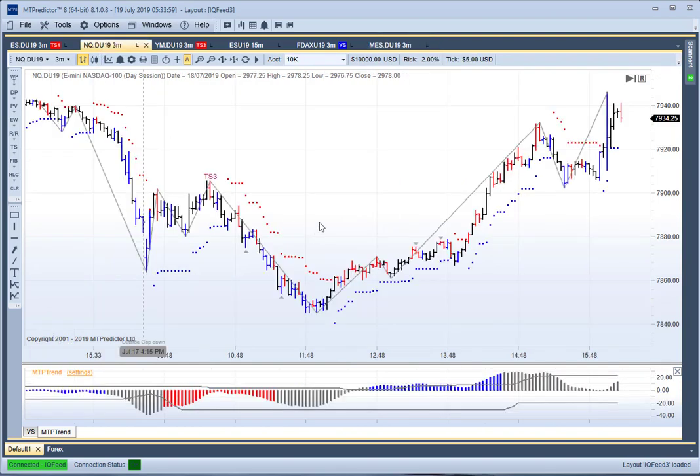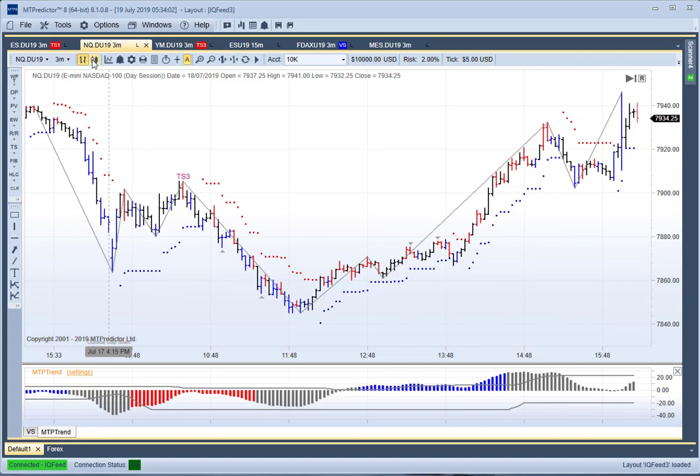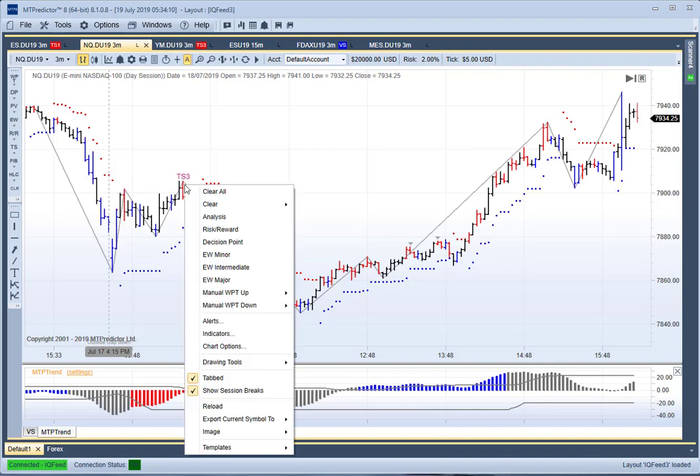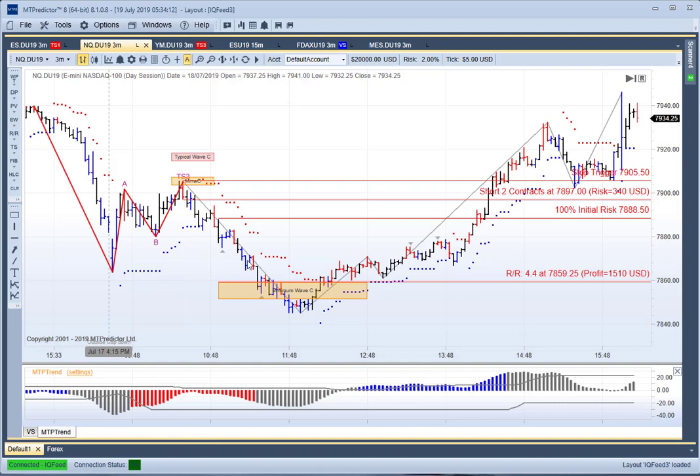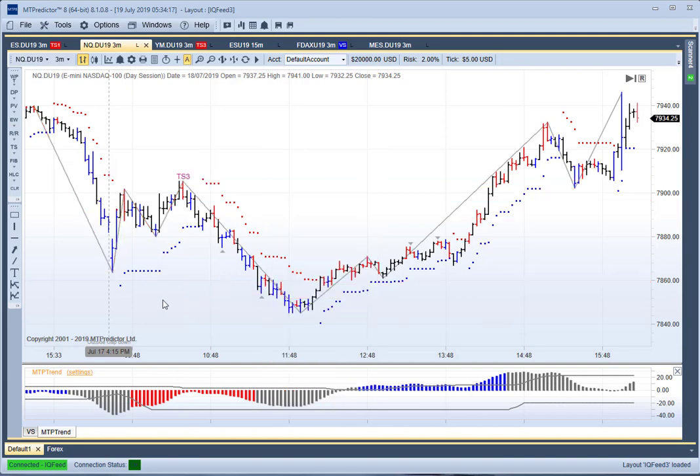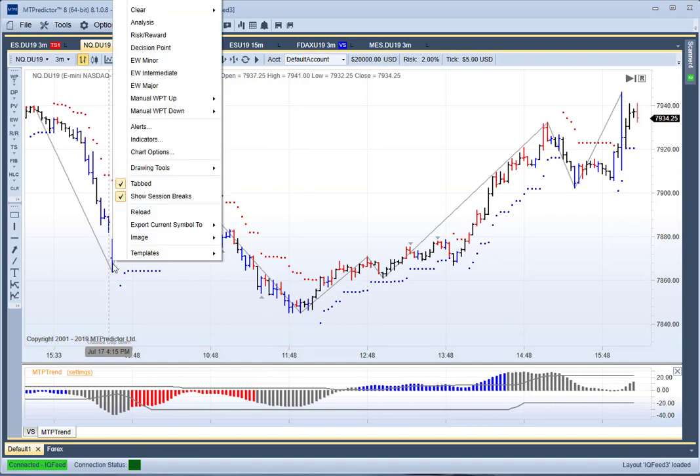If I go over to the NQ here, you can see earlier in the day, by the way, this is the big contract here, so I'm going to change that back to looking at $20,000. There was actually a sell setup on the way down. If I right mouse click here, that would have then come down and caught a very nice 4-hour profit on the way down. But more importantly, and I want to show a losing trade in this video,